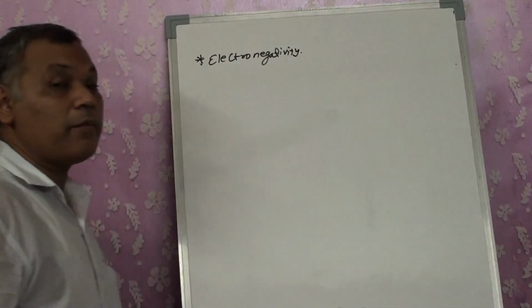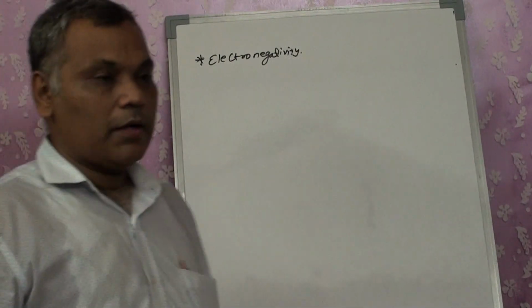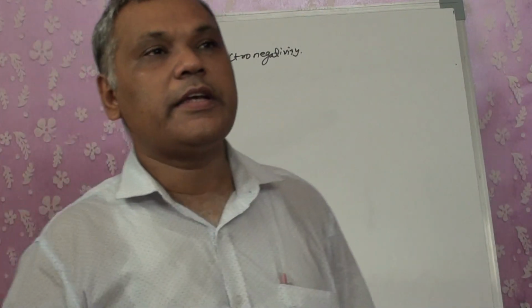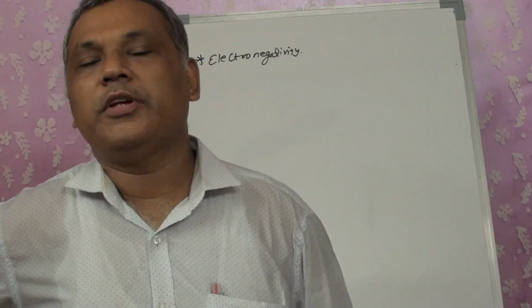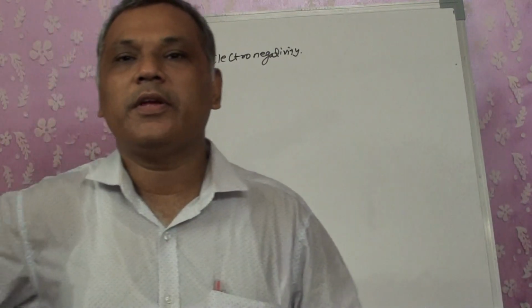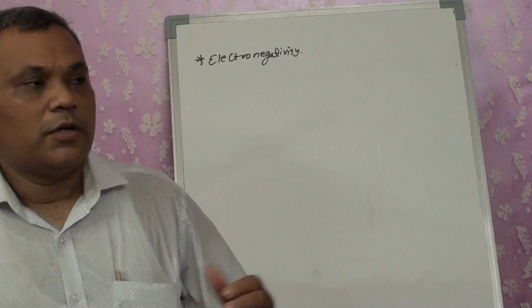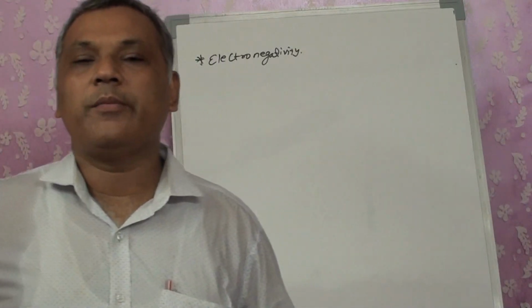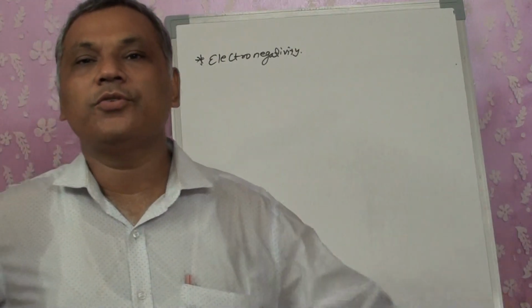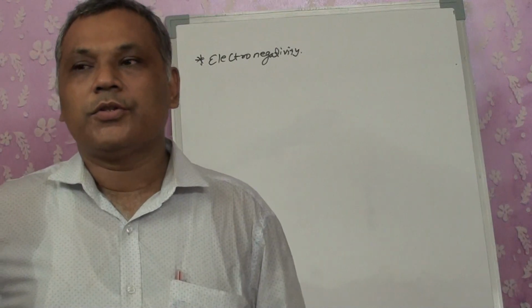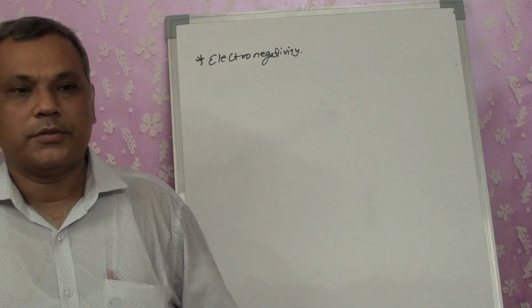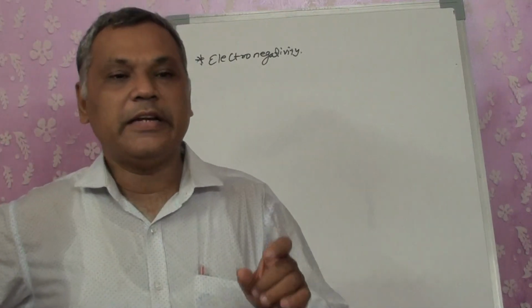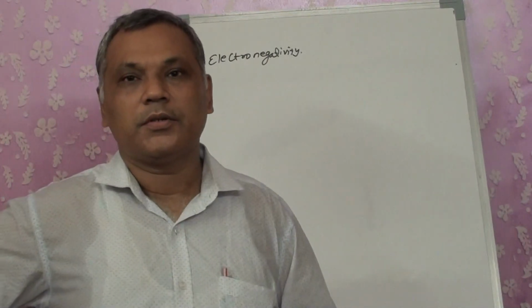Now, what is meant by electronegativity? Electronegativity indicates that every element has a tendency to gain electrons. Some have a very large tendency to gain electrons, some have less. In certain cases, we know that if they are metals, they always have a tendency to donate electrons, so they don't have a tendency to gain electrons. As a result, what happens? We are comparing only the tendency to gain electrons, right?